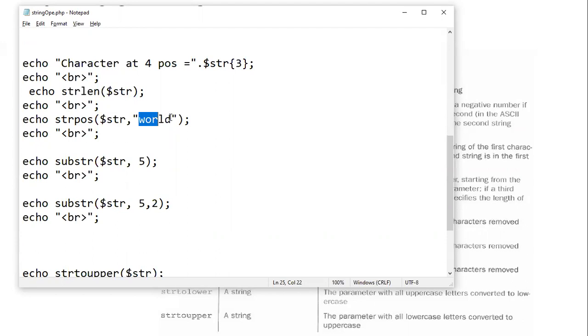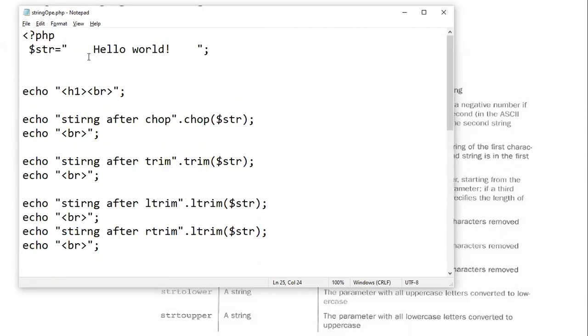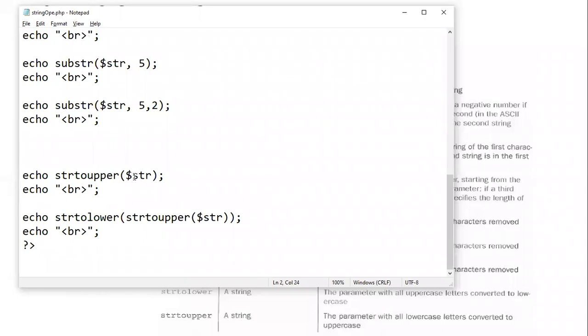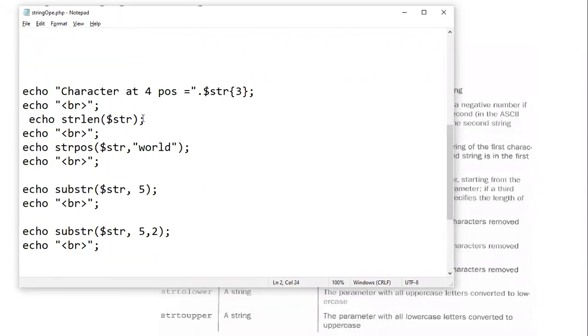For the substring, where is it going to start? H is the first character, 1 2 3 4 5 6, we can count the intermediate characters also, 1 2 3 4 5 6 7. The word starts from the seventh character, which means the index is 6, so it has to print world.